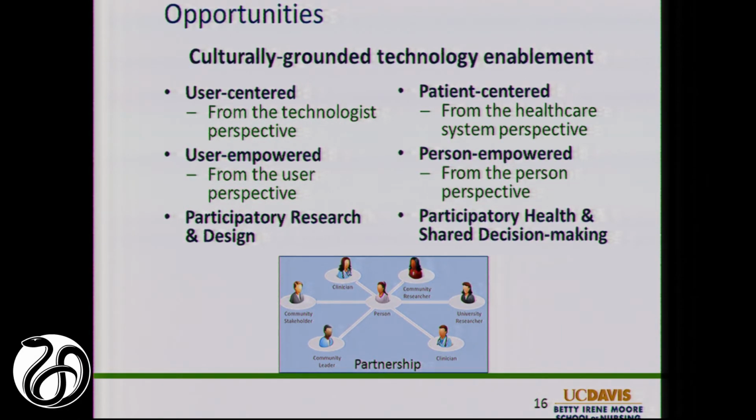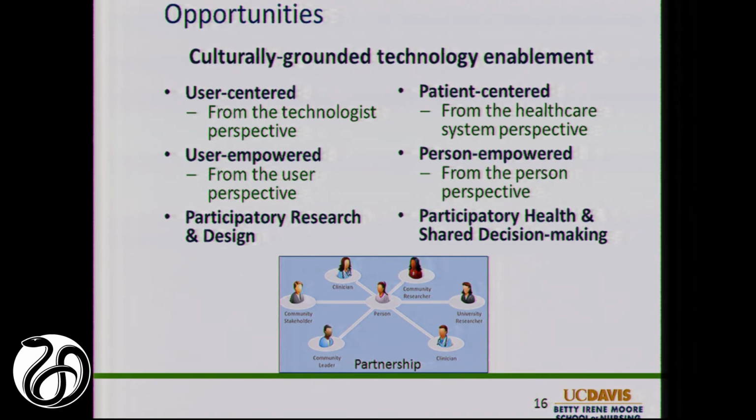Empowerment is an internal perspective. What do I, as the user, what do I, as the individual, need from the system in order for me to do the best I can to improve my health or to improve my experience? So to me, the use of participatory research, participatory design, where you're thinking about not just the users, but everyone in that cultural context, in that community, is how you get the best technology, the best health intervention design. And so that is my upshot in terms of taking types and not turning them into stereotypes,